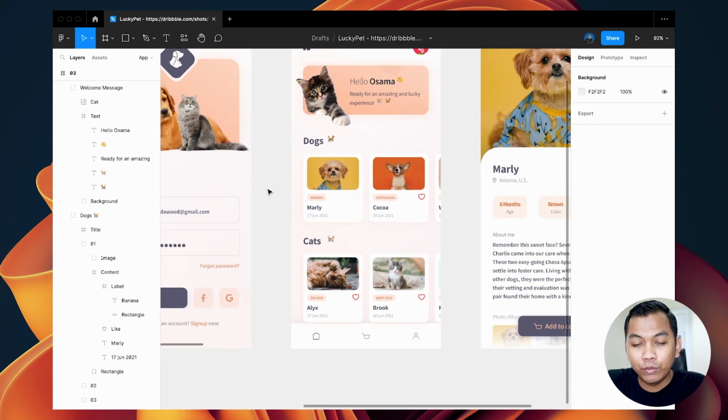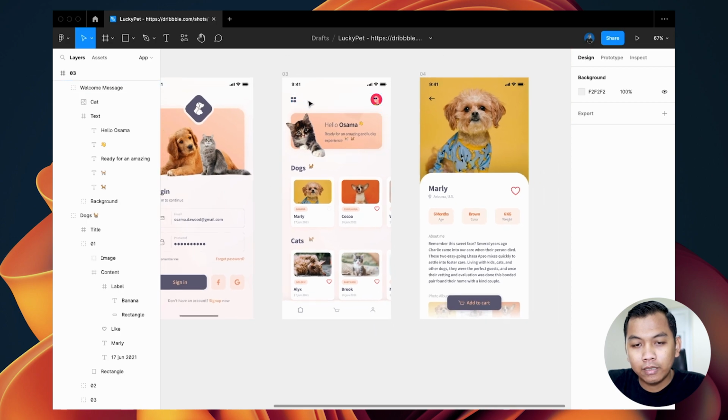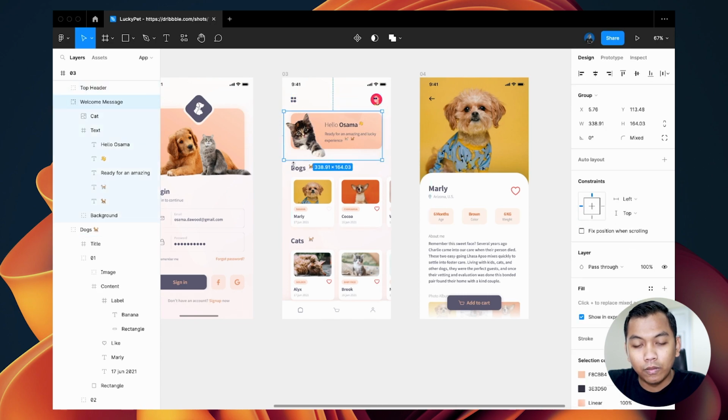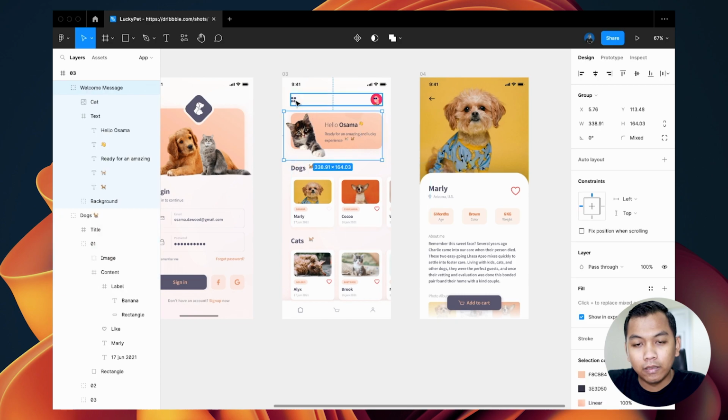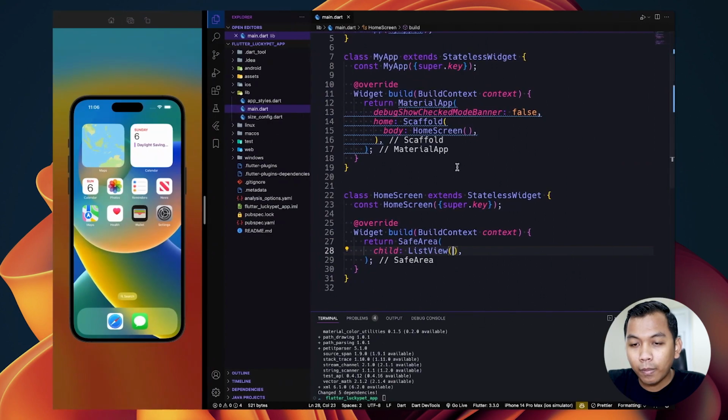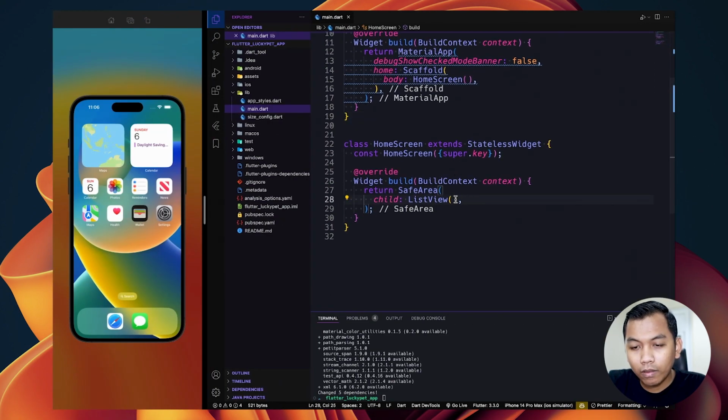So as we can see here, it's kind of like a list view. So for every component, it's aligned from the top to bottom.